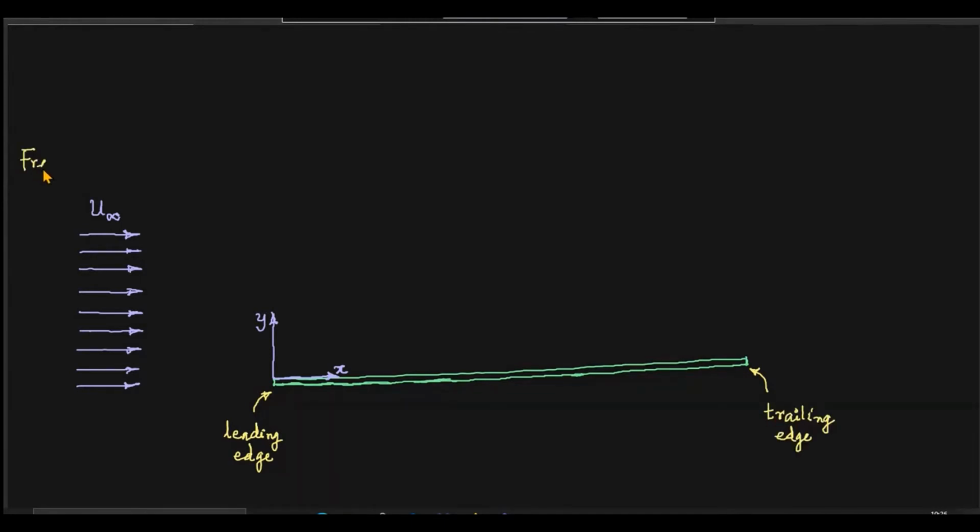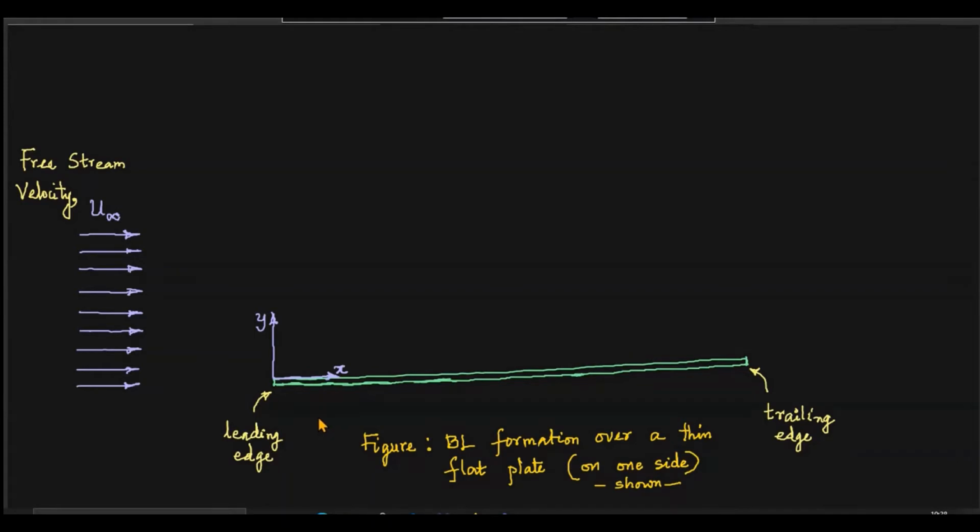This is actually the free stream velocity or unobstructed flow of fluid. So when it approaches the stationary flat plate, this is free stream, and its velocity, since it is in the x direction, is represented by u, with a suffix infinity to represent that it is unobstructed flow. And in fact, this is a constant one. Okay. So we will consider BL formation on one side. We are representing boundary layer formation over the plate, and for the sake of simplicity, that's all.